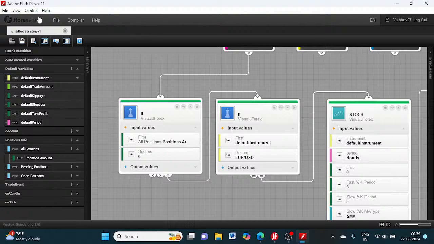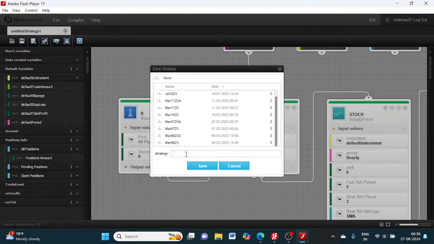So this is the strategy with stochastic, a simple strategy. Of course, there can be some problems with the strategy, which we are going to realize only after we have run it in the JForex platform on the historical tester. So what we need is first to save the draft. We are going to name it